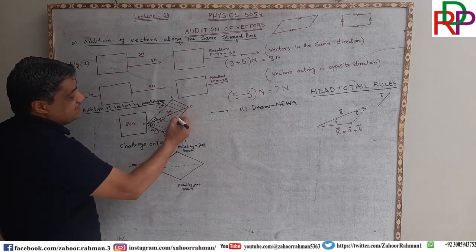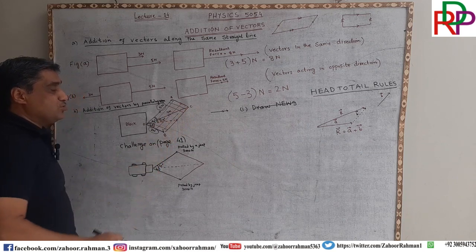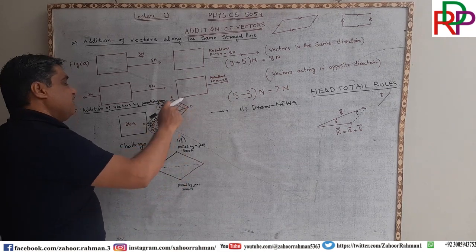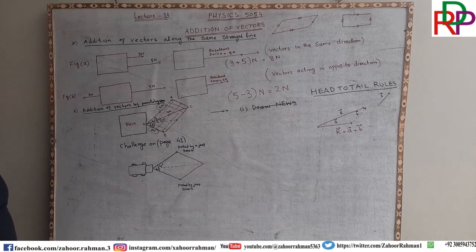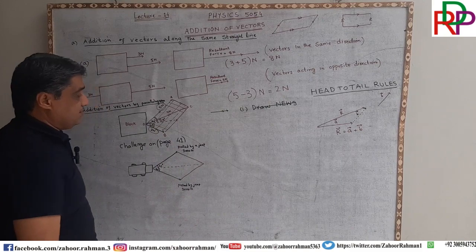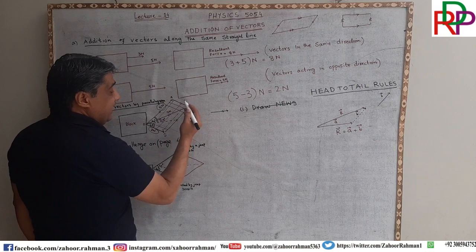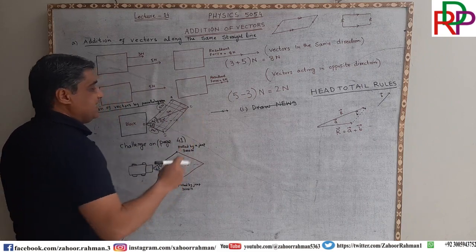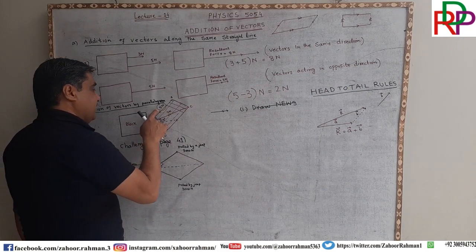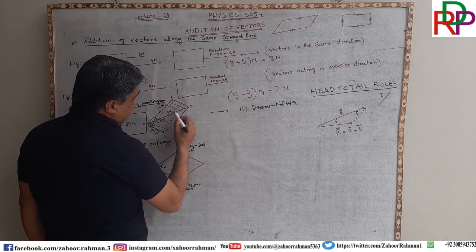Similarly, these distances must also be the same, so that this line will be parallel to this one. Then from the origin you have to draw a representative line, and it will go till the C. So this is 3 Newton and this is 5 Newton, and it means that when we measure this line with